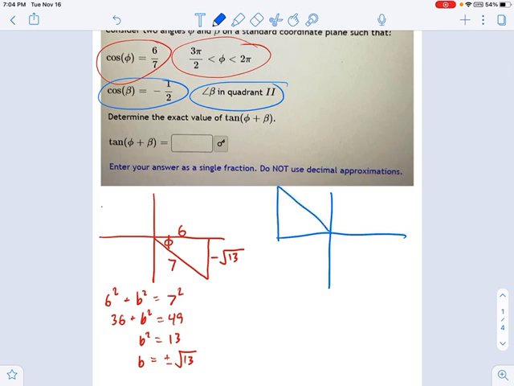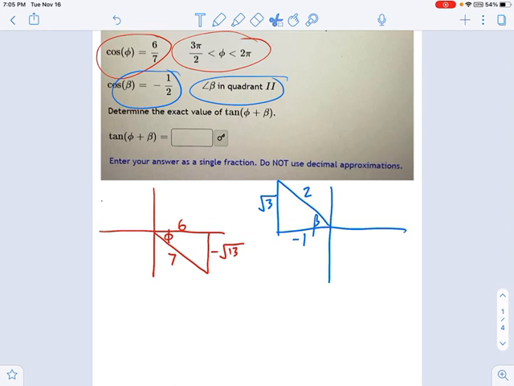Quadrant 2, there's my triangle. Here's my reference angle right there. I see, yep, that's negative 1/2 right here. So cosine, negative 1/2 means negative 1, and a hypotenuse of 2. I'm going to use Pythagorean's theorem here to say that's radical 3 in the vertical direction. Go ahead and prove it to yourself. Say a squared plus b squared equals c squared. You'll see this all works out. I've just done a couple triangles, and I know how these go. Now,